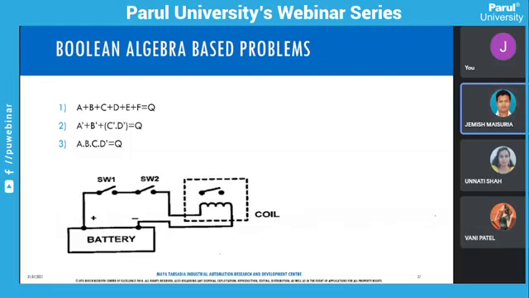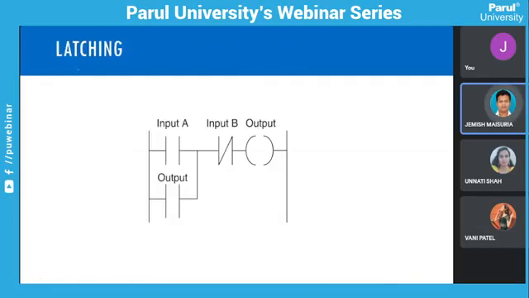Now let's say next, what happens in a simple circuit when you provide a switch with output? When you press the switch, it will remain on, and when you don't actuate that switch, your output will not be there. If we have a push button switch, you have to keep pushing that switch as long as you want to operate the device. But if you don't want to do that, then you have to use this latching concept.